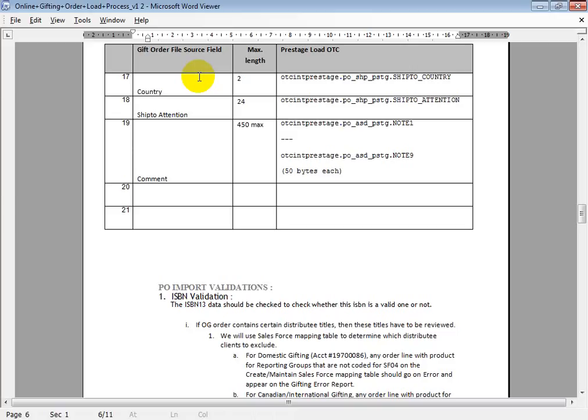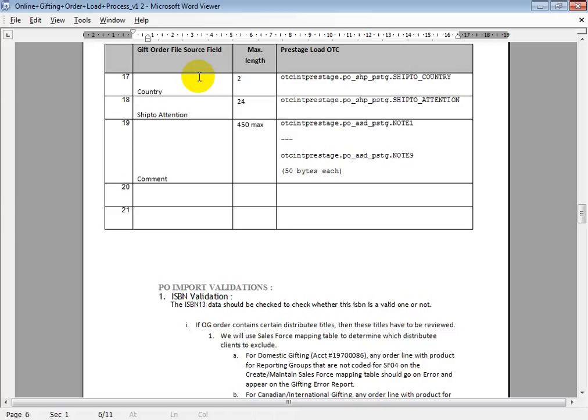Afterwards you need to run the business process, that is the inbound business process in the GIS Sterling application. That picks the data in this particular file and sends the data to pre-staging. At that time the control table status will be complete, and in the PO header pre-stage the status is R, which is nothing but ready.